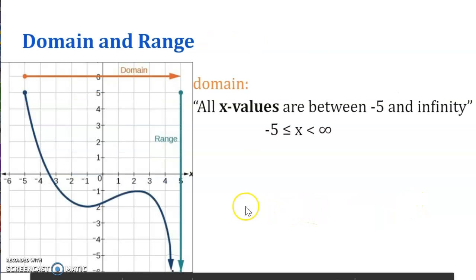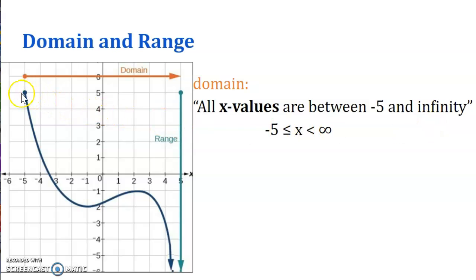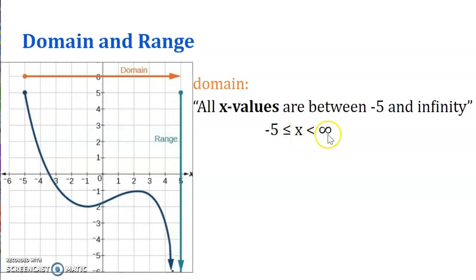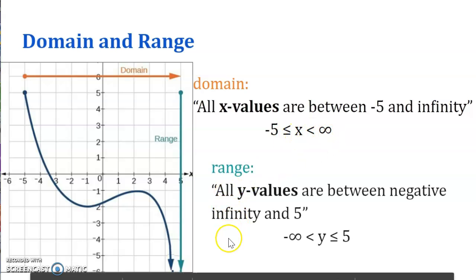Okay, so domain in this case is all x values between -5 and infinity. Okay, domain is the x value. It stops right here, so it does not go any further. But notice what's happening to this arrow. It extends forever. Okay, it looks like it's vertically going down, but it actually goes down at a slight angle. So that means it's going to go on forever. So it goes from -5 is less than or equal to x is less than infinity,